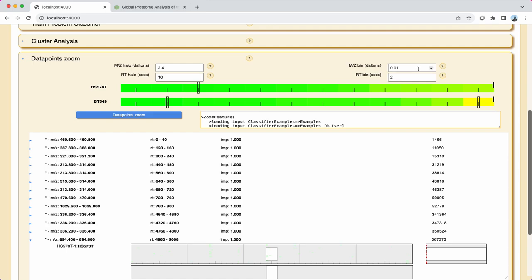I can also allow the user to visualize the distance between isotopes of the same signal and thus charge state, the Z in M/Z. Finally, I can set the M/Z and retention time resolutions as with the Parse All Examples module.